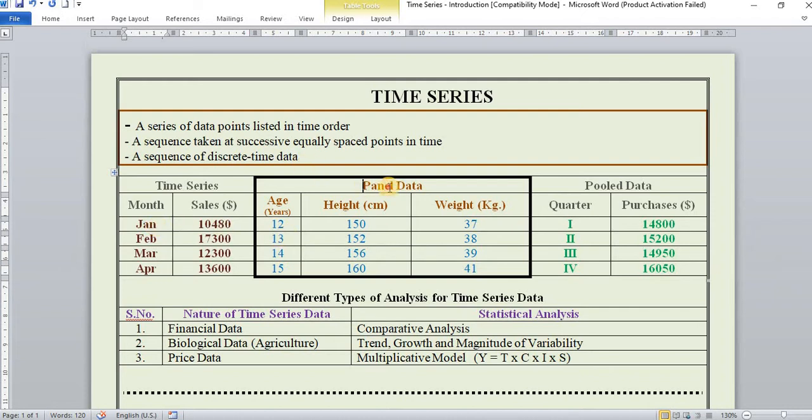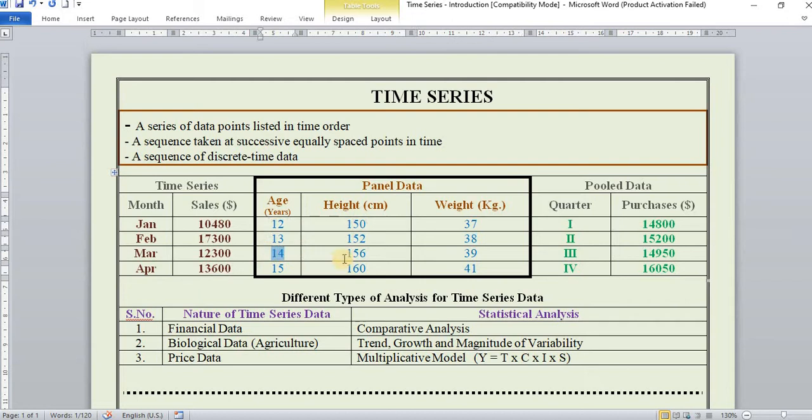Second is panel data. There is one time period and, relating to the time, other variables, more than one. At the age of 12, the height may be 150 centimeters, weight 37 kilograms. At the age of 13, height is 152, weight is 38.